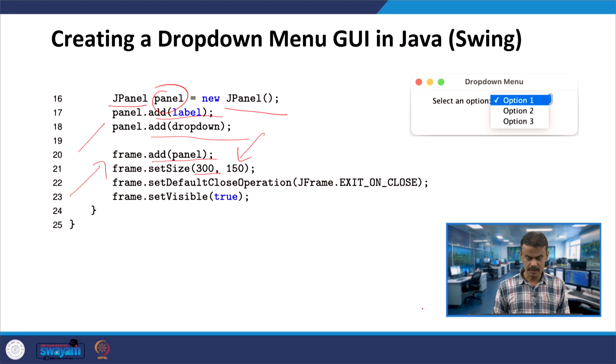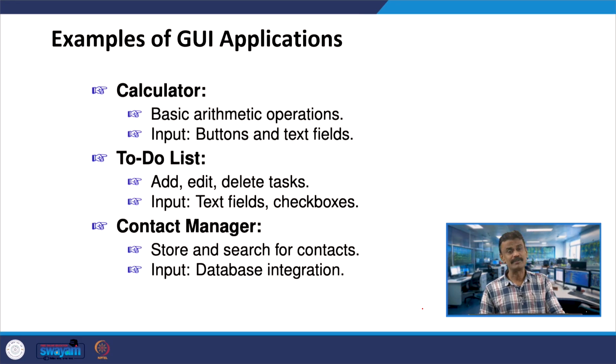So, this is what we had seen. Some of the applications that we had seen, I think 4 or 5 applications we had seen in GUI. So, we started with the calculators like basic arithmetic operators, in fact, the plus minus if you look, right. So, you can extend further, right. So, these are all some of the GUI applications. You can make a basic calculator that contains arithmetic operations, right. So, you can see what all the operations are there, right.